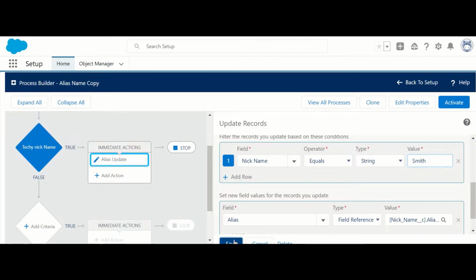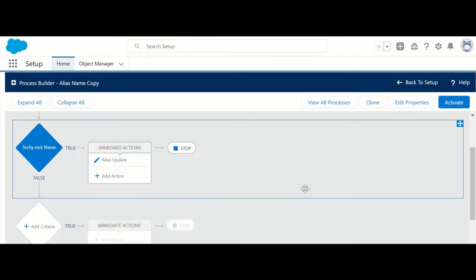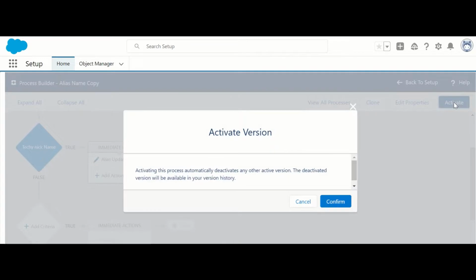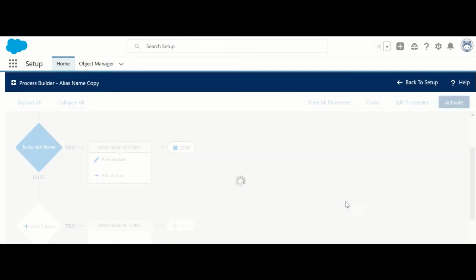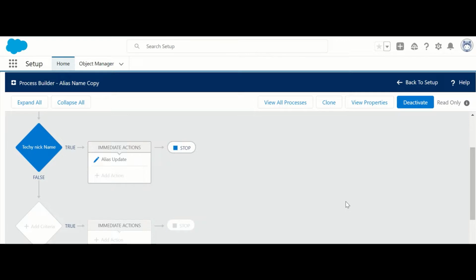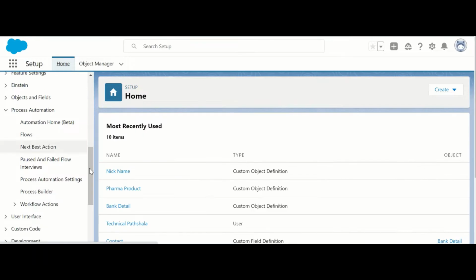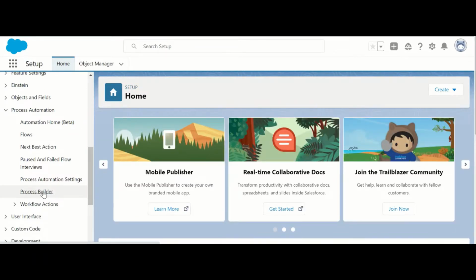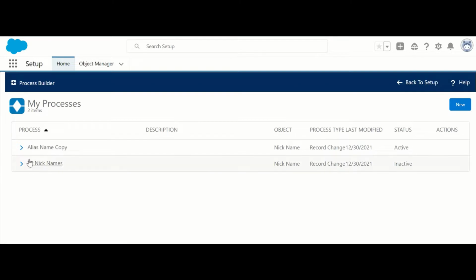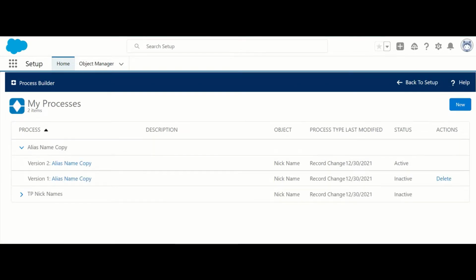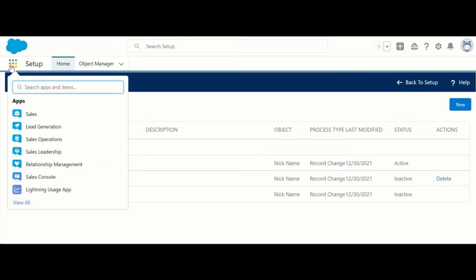So save this and activate this version. Now you can see that in the workflow process, this alias name copy has two versions, version 1 and version 2, and version 2 is active and version 1 is inactive.